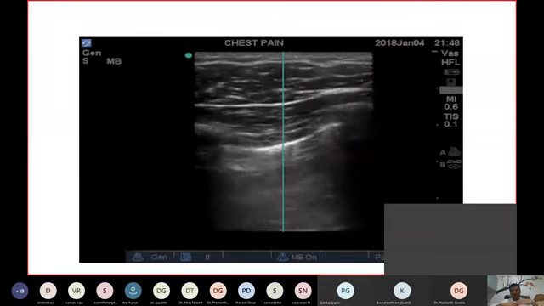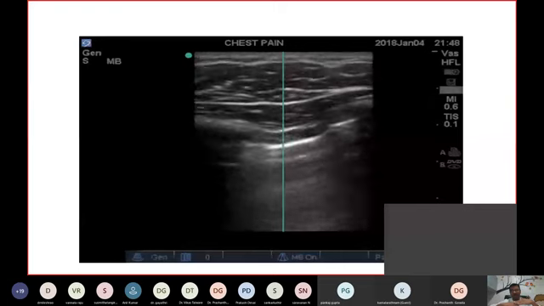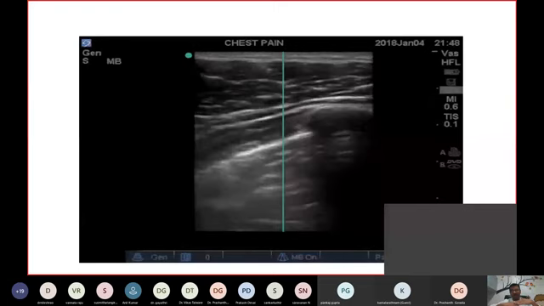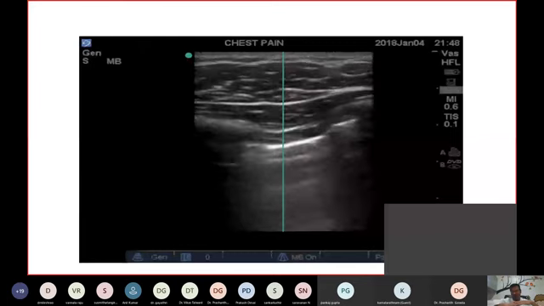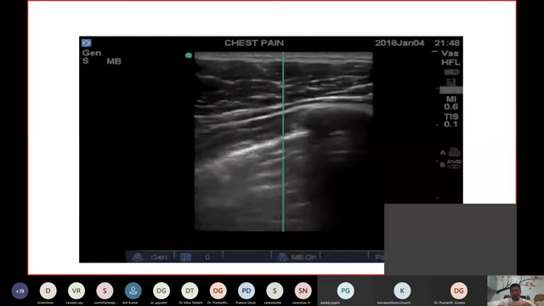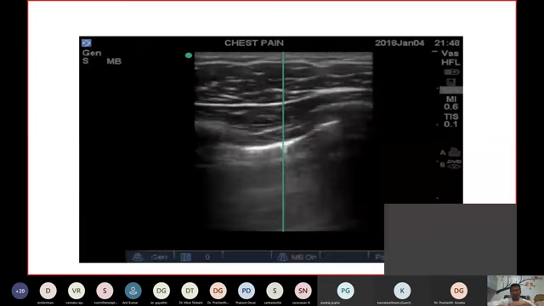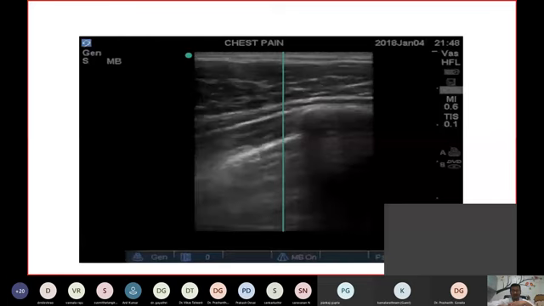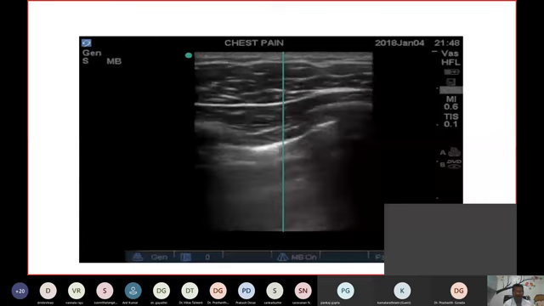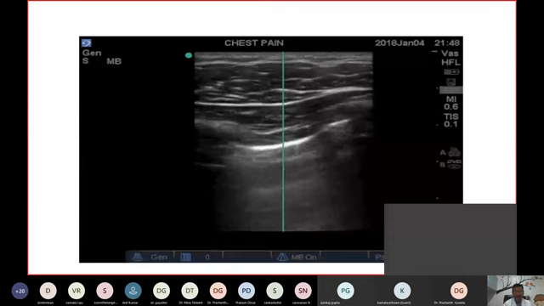So basically parietal and visceral pleura, they should move like this on one another. There should be a sliding movement. It is not like this, it is not like this, it is like this. So you can see again there's a shimmering, and you go one space above, there is no shimmering, so it is absent lung sliding. And if you put an M mode here,